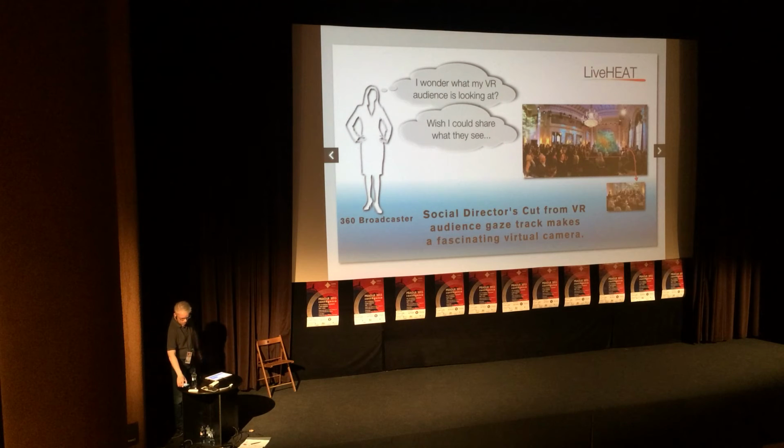Another option that was quite interesting when we presented this the first time at the NAB show: producers were interested in the option to have a kind of celebrity director's cut. It would be really interesting to watch a 360 video like Brad Pitt. So you can select different celebrities, we can pre-record those and use that as a different version of the content. But still, on the director's cut side, there are two possibilities.